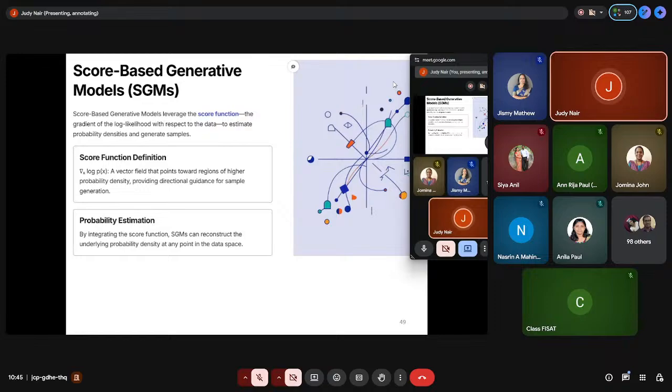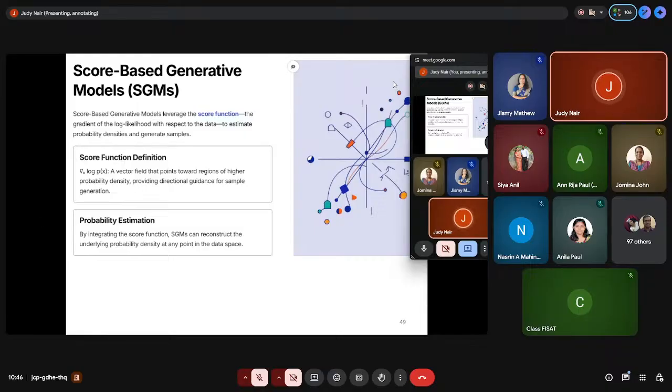There are many methods. The second one, which was more famous, uses a score function. DDPM had a probabilistic model. Here it uses a score-based generative model, which means it has a score function defined. A score function is the gradient of the log probability density. So it is going to predict not the exact point on a normal distribution, but the probability density of it.